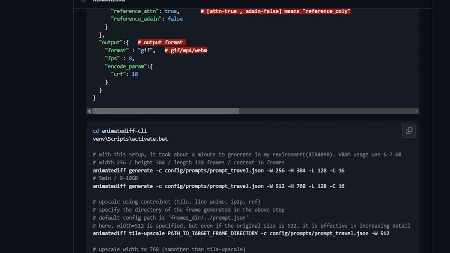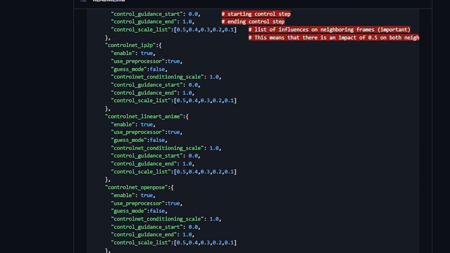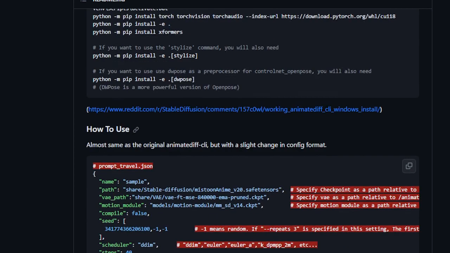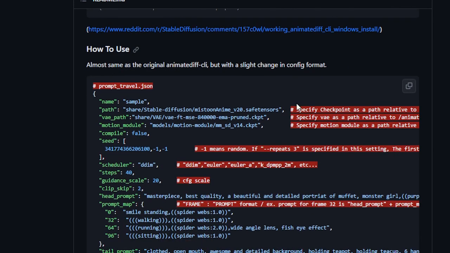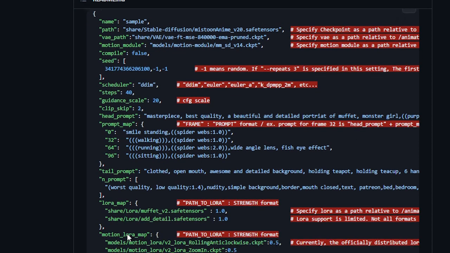I figured I could actually just record into the future here. I can just go over some other things while that's downloading that we're probably going to want to cover. So even though we're still building the environment, I do want to reflect on some of the more important things of actual usage during generation. You're going to see this how to use section. This is what your configs are going to usually look like. The red parts are just notes, but you'll see a nice handful of what looks like code. It might be a little scary at first, but the more you get used to it, the more it's really not that big of a deal. Just think of it as like A1111